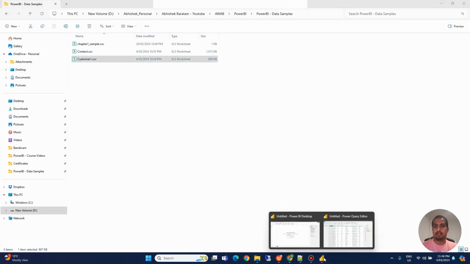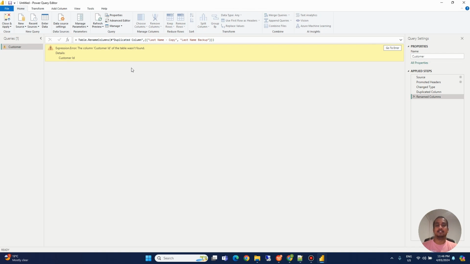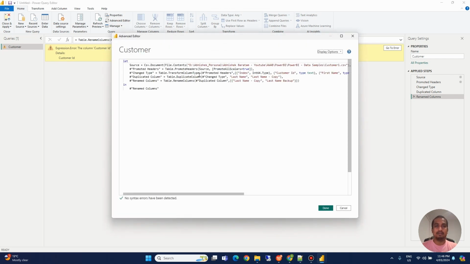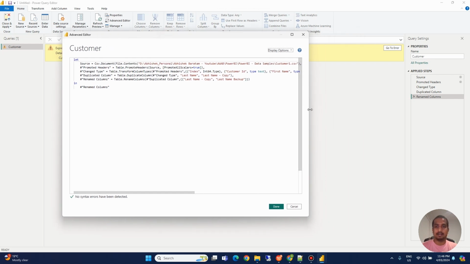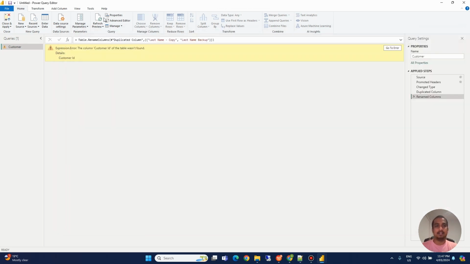Now let's go to the Power BI Power Query again, and refresh the preview again. What it is saying again is the customer ID is not found. This is again called a step error because without running this step, the data is not being imported at all. To fix this one again, let's go to this M language, which you'll get by clicking on the advanced editor button, and let's change that customer ID thing here. In the second thing, let me remove that space and click on done, and when you click refresh,